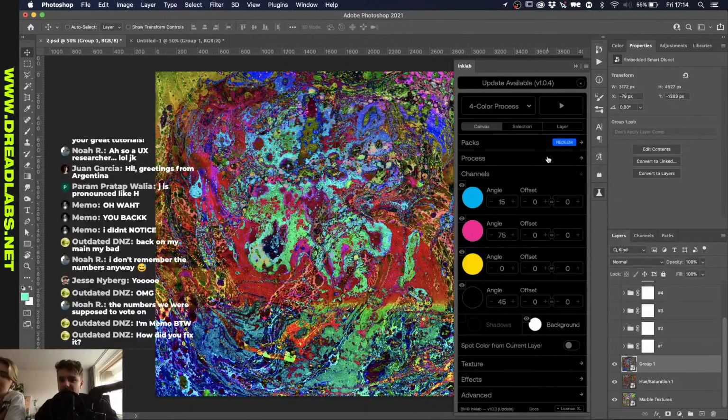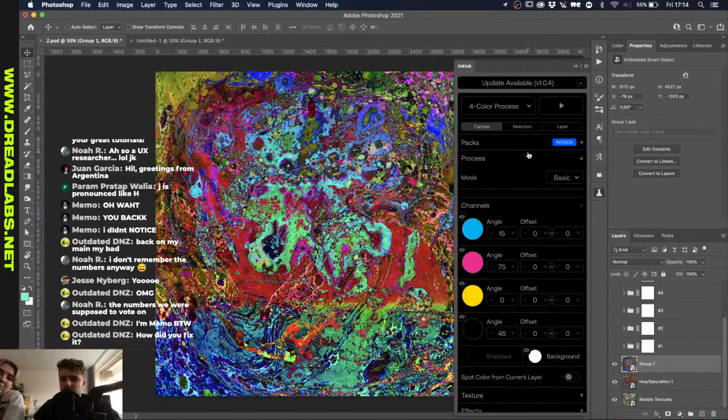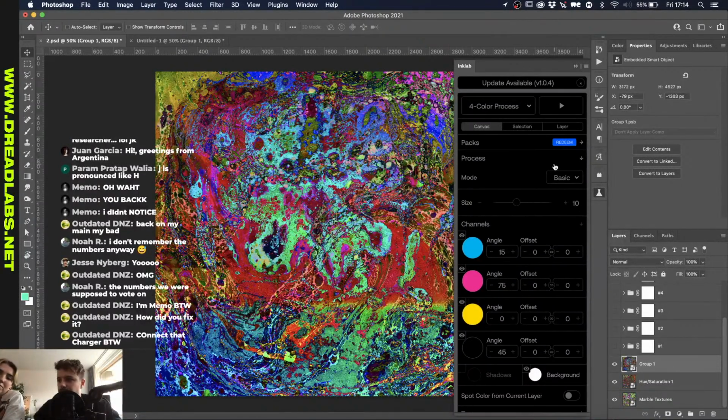Right. So okay, this is Inklab. This basically simulates paper printing. So for the people who just joined,